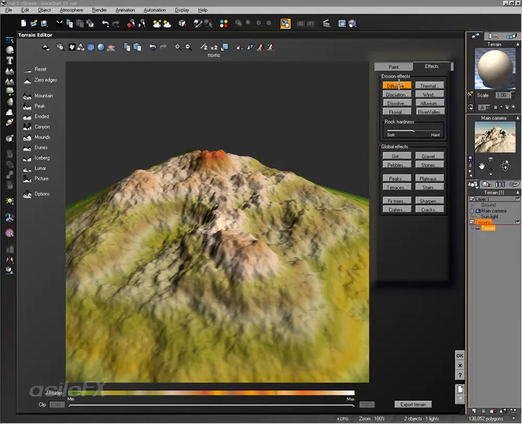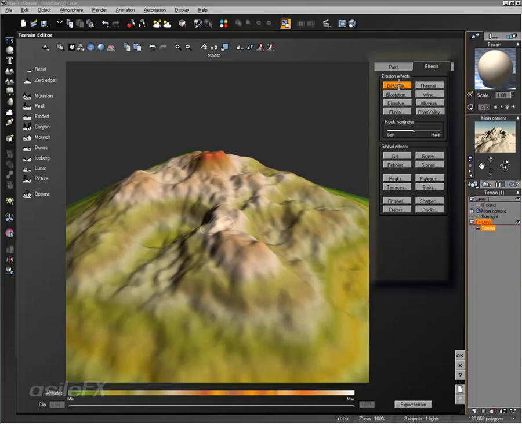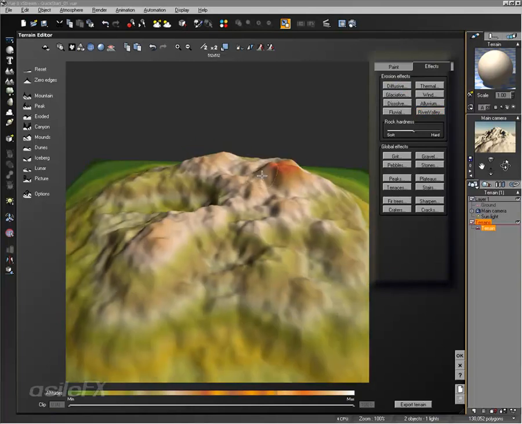We have a lot of erosion effects, and you can click and hold down the mouse using the left mouse button, clicking and holding on the buttons in order to continue that effect. Do not do that with the River Valley. It takes a long time to generate River Valley and the look. Go ahead and click on that, and it's going to create a very nice eroded terrain, something that looks really